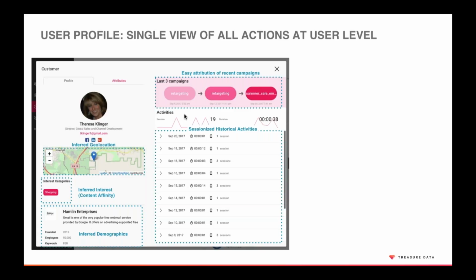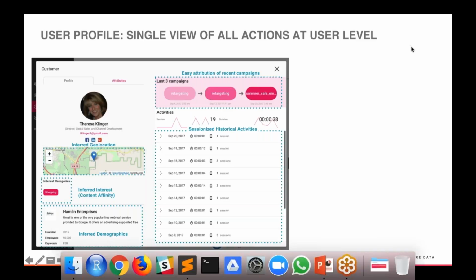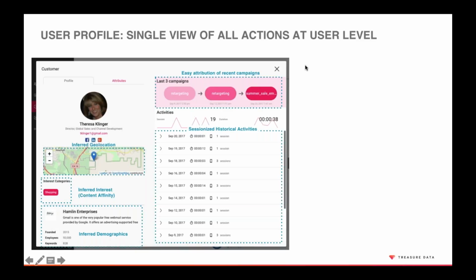Sorry, I'm trying to move the little widget around. This is a walkthrough, and we're going to definitely go through hands-on how we do this, but this is where we talk about what a user profile is. Once you get all of this data collected together and unified in a single location, you can pull up an individual profile, and I'll show you how to do it live in the platform in a second.